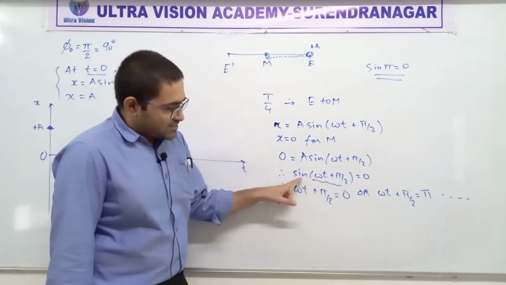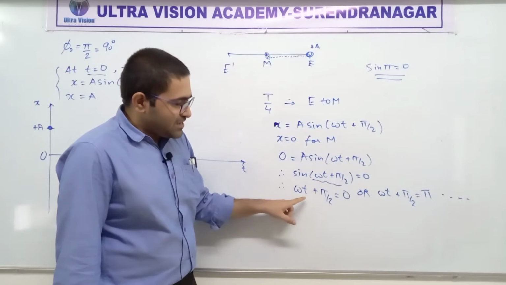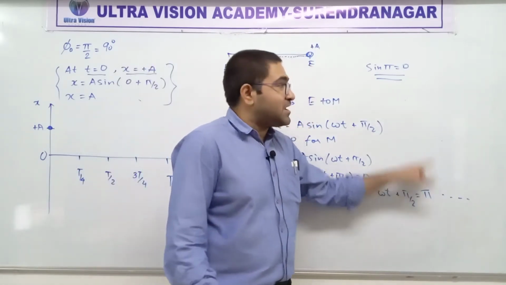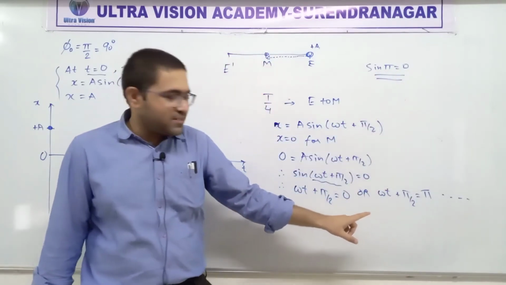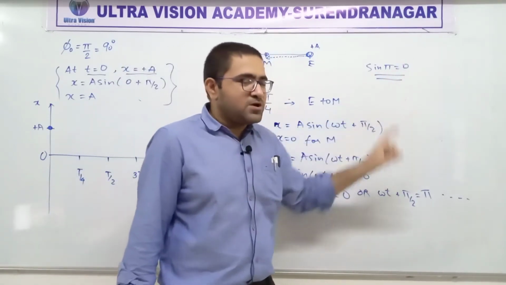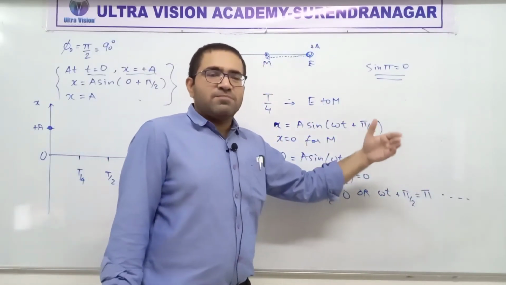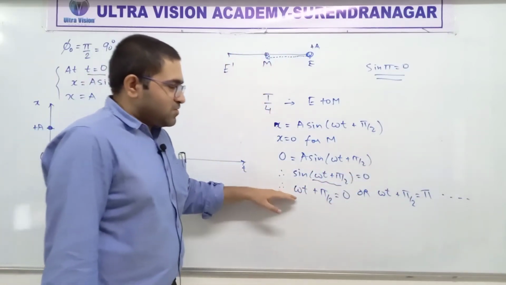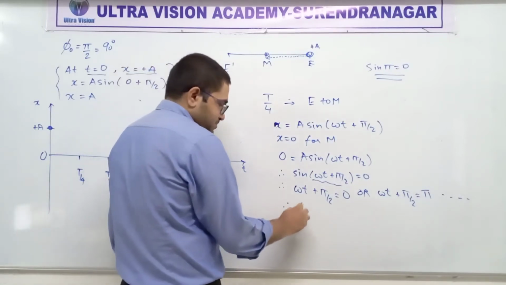We have got sine of this angle as 0, then that would mean either this angle is 0 or this angle is pi, that is 180 degrees. That's because sine pi is also 0. There are more such possibilities, but we don't need to worry about all of those at the moment. If you choose this one, you'll see you get something nonsense.